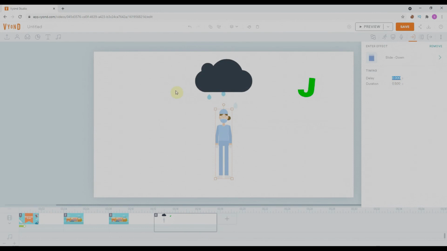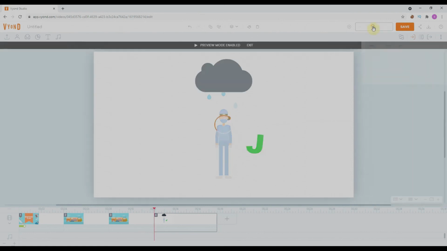As our cloud has a 2 second delay, we'll go for 3 seconds over here, and we'll bring this one also and select this. We'll go for pop and select the ring, and put the delay of 4 seconds over here. Now if we click on the preview button, you can see the clouds come, and then all of a sudden these characters appear from the top.